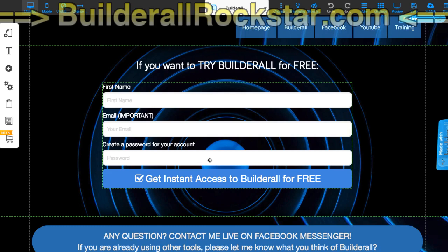For instance, if you want to pre-fill the email field with the email of the person you send to this page, so that it's pre-filled. For instance, with your email autoresponder, you can put their email to each subscriber, so when they come to the page, their email is already written in the form.